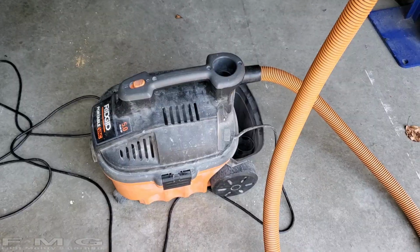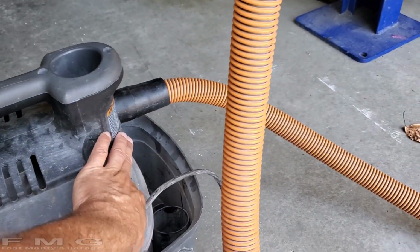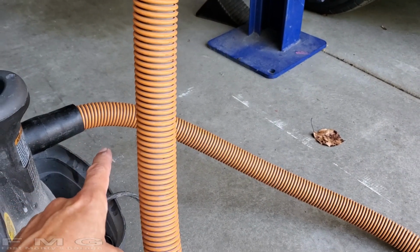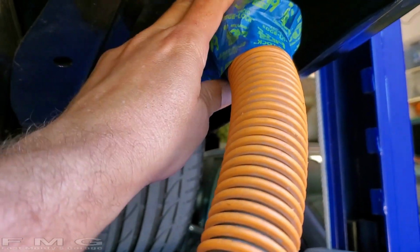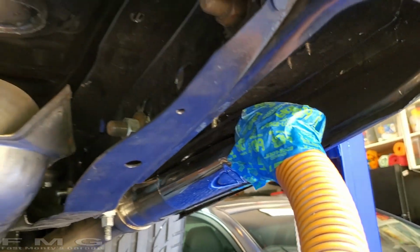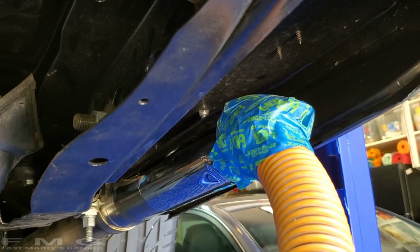Be right back. All right, guys, so here's what we got. So I have my hose hooked up to the exhaust side of the vacuum. Make sure you blow it out before you attach it. And then I put it into the exhaust pipe, right? And if you're running dual exhaust, you most likely have an X pipe. And when you turn on your blower,